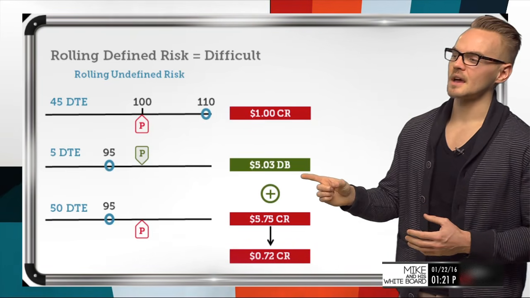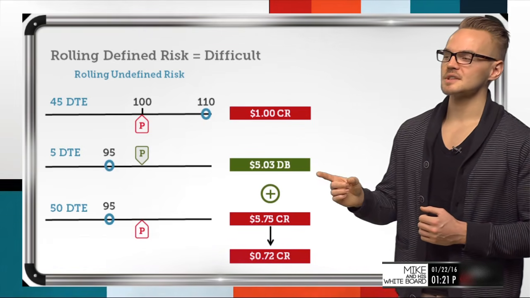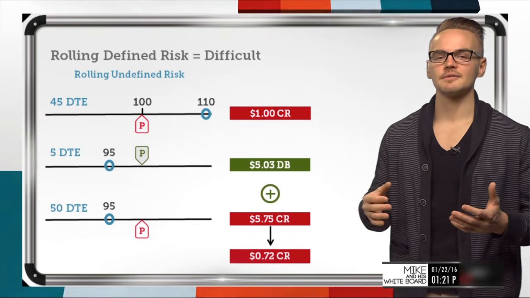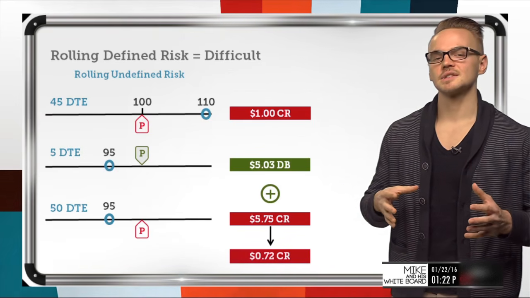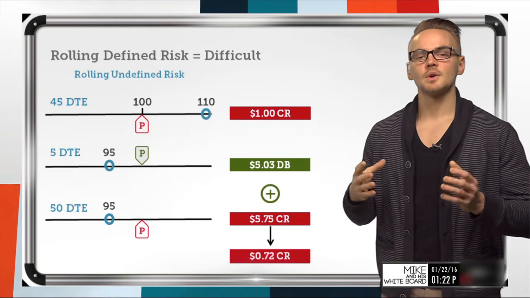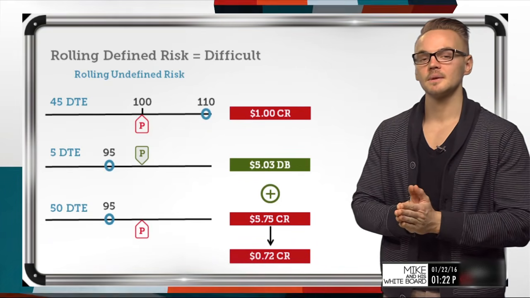So you can see here that if I wanted to close this trade and open a new one, I would be closing this trade for somewhere around 503, maybe 505, 510. The real key is to understand that it's going to be trading for at least $5 here. So we know that rolling a trade is just closing our current position and opening a new one.